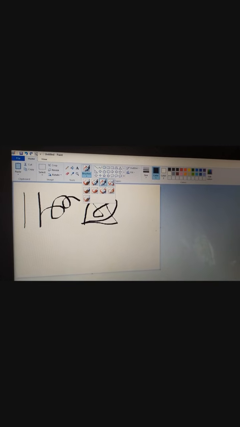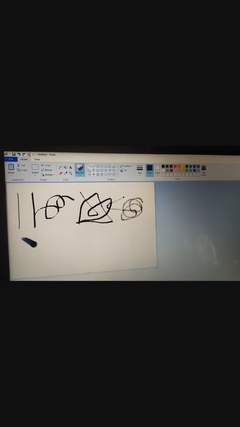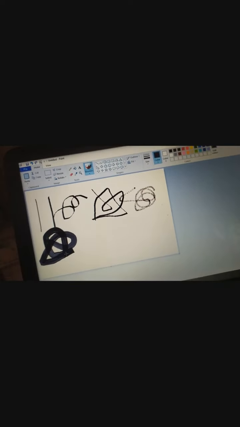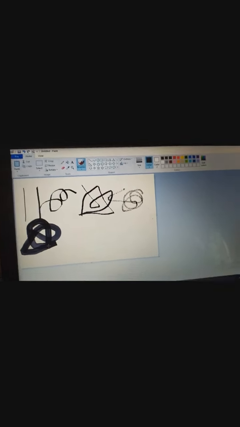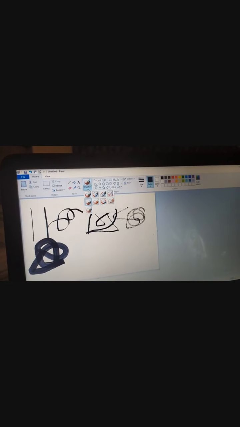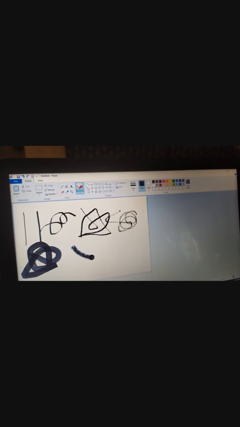Then we have the airbrush. This is the airbrush. Then we have the oil brush. This one is the oil brush. Next we have crayon brush.